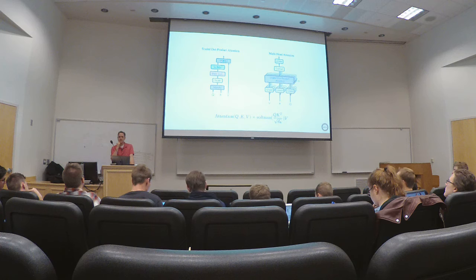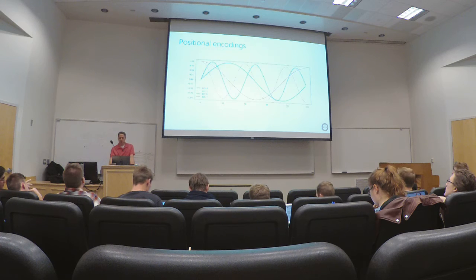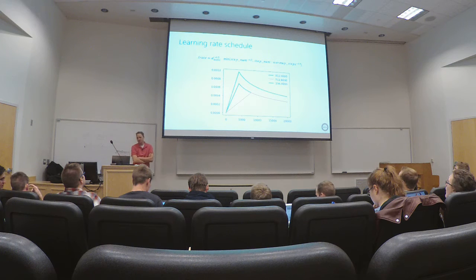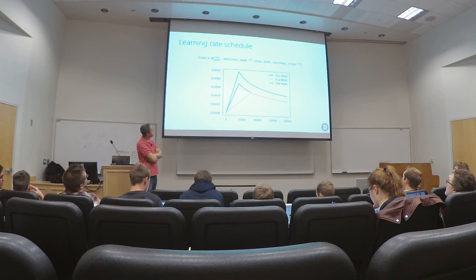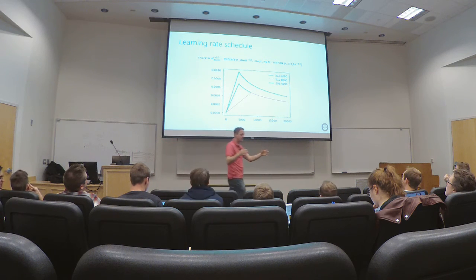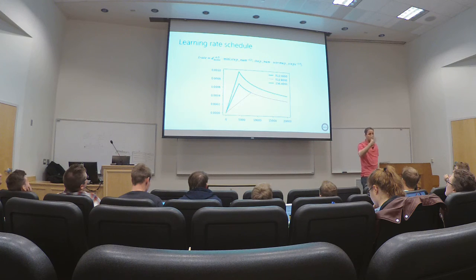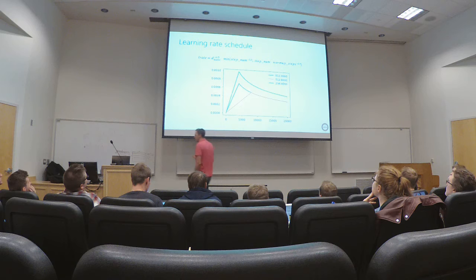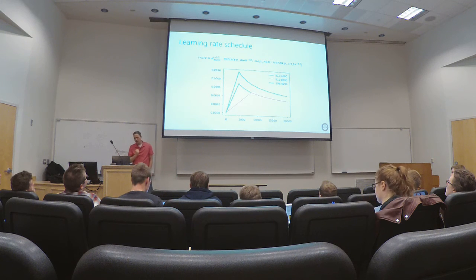Any other questions? Okay. So here are the positional encodings. The last thing that I wanted to point out, which I thought was super interesting, was this learning rate schedule. So we've talked about learning rates in this class. You take your Adam optimizer, and there's some number you have to put in, which is the learning rate. And we've always used some fixed learning rate, 0.001, something like that.